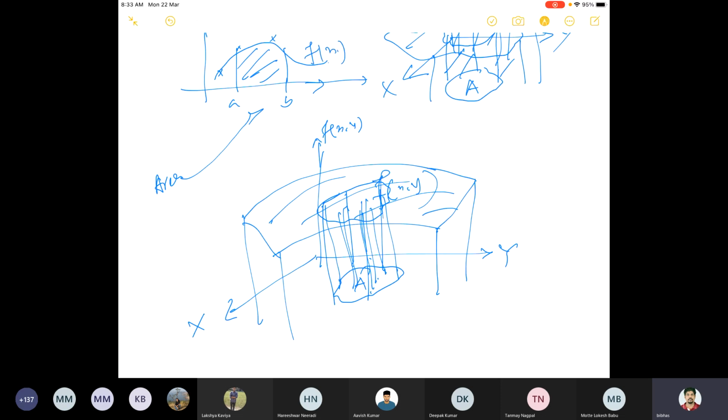Here f of xy is a surface, sometimes called the probability surface, and here we have the volume as the probability. Probability is the volume